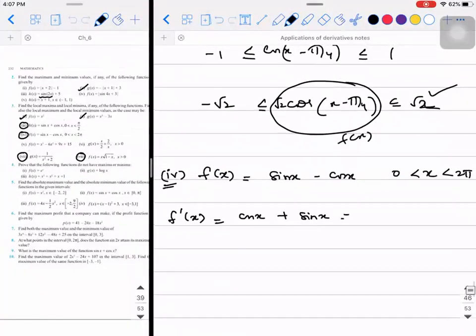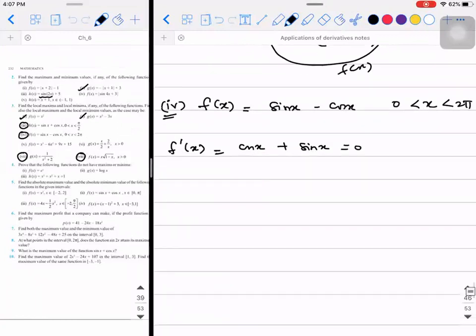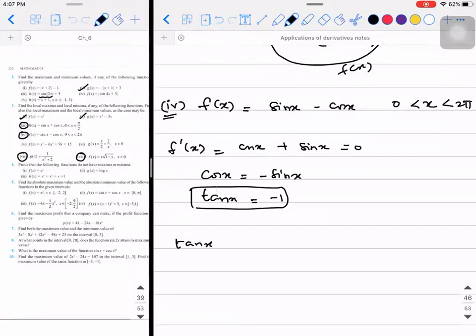So cos x plus sin x equal to 0. Then what do you write? cos x is equal to minus sin x. So tan x will be equal to minus 1. So what is the general solution? tan x is equal to n pi plus...